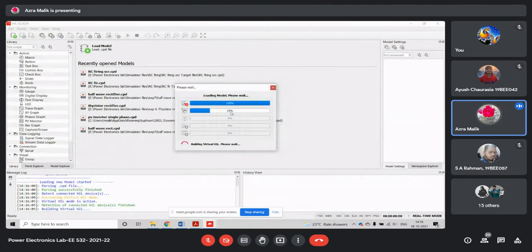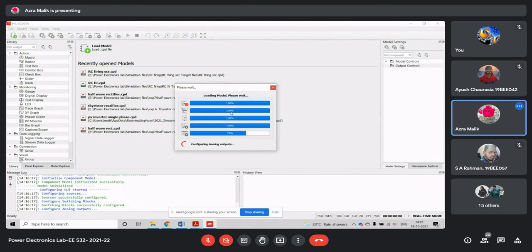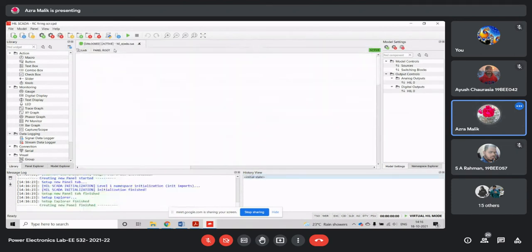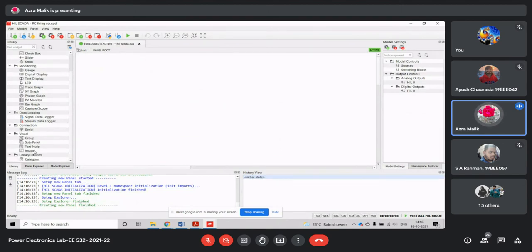Loading the model to virtual HIL. I have already taken the screenshot of the model, so I will directly import that.